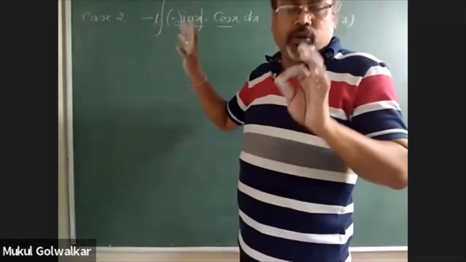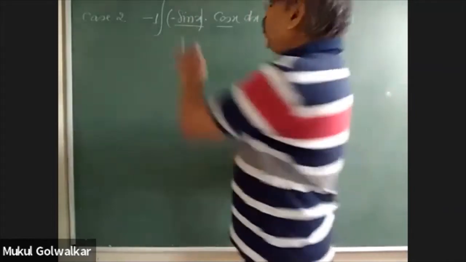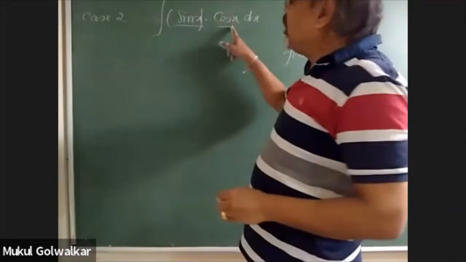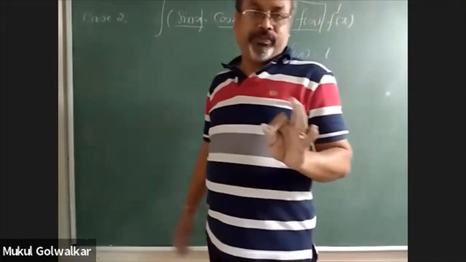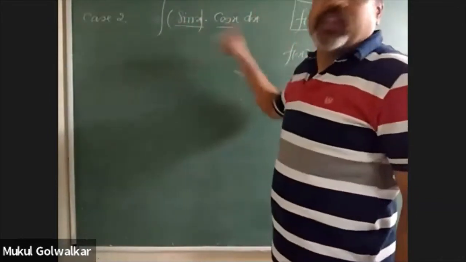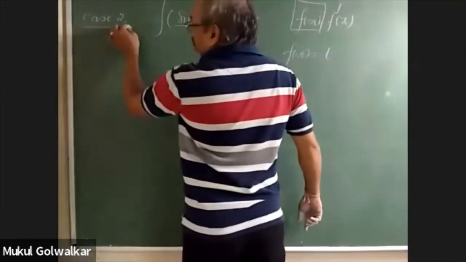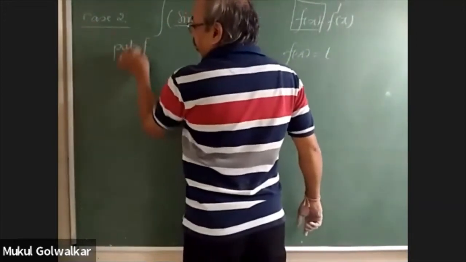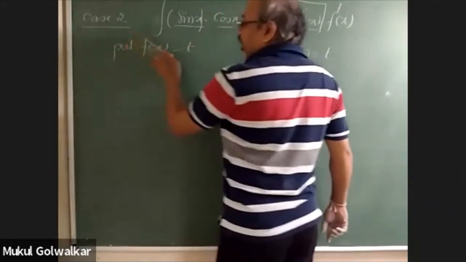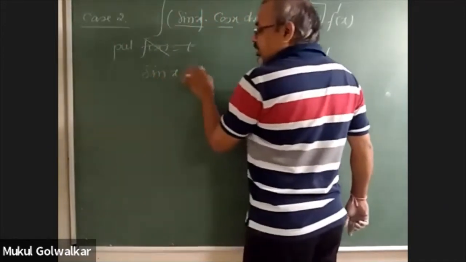To give the student the convenience, what I am expecting is that first of all we identify the function whose derivative is multiplied, without going for any manipulation. So you have identified that sin x is the function whose derivative is present somewhere. In all such cases, we put the function f of x is equal to t. Over here, in this particular case, we go for the substitution sin x is equal to t.